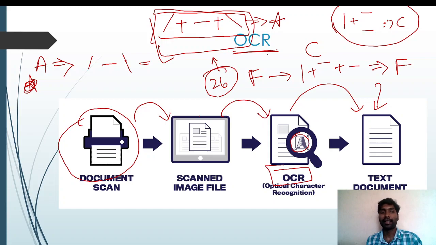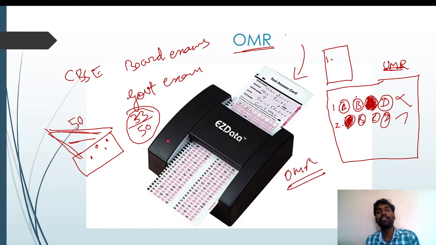OCR uses an optical character reader. Each text, each alphabet, has a formula with the help of mathematical slope lines in the computer. Okay, and when we talk about the OMR sheet, mostly in government exams we are using this OMR sheet. In this OMR sheet, based on the absence of the shade, it provides the marks to you. Okay, next,